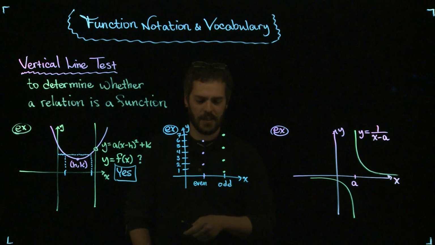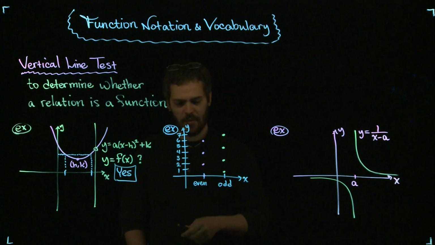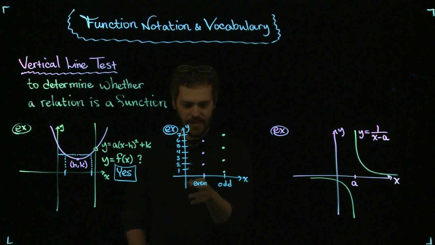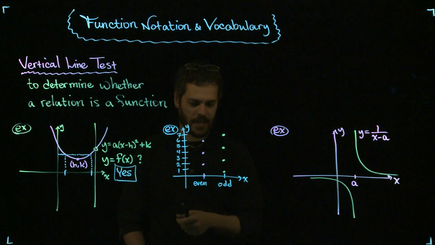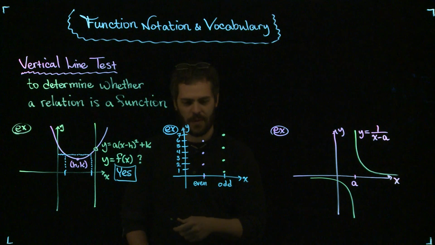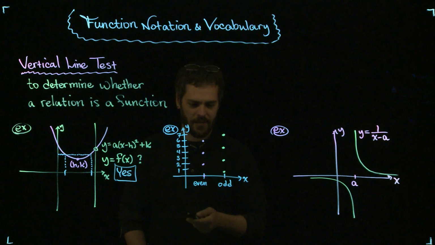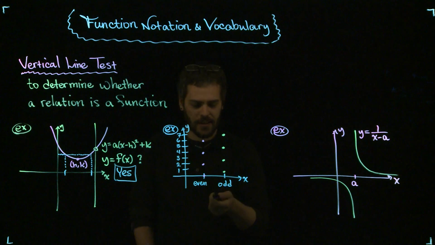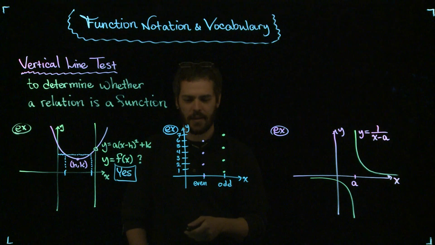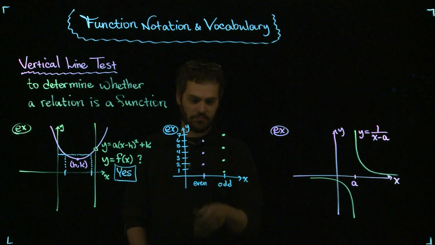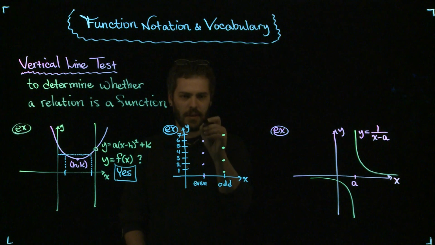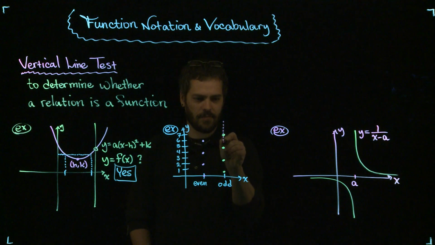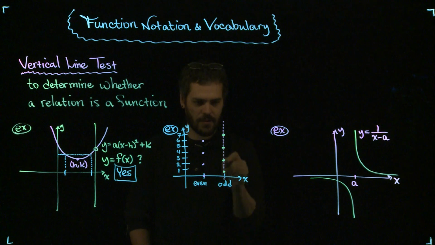Okay, so for example, on the next one, this was what we used previously. Remember, we had a relation that matched the word even with the numbers that match up with it, and the word odd with all the numbers that match up with that. Let's just put this on an XY graph. My even and odd are my inputs, and generically we're saying that x are the inputs. The vertical line test quite simply says, if I choose an input and draw a vertical line, straight through the green here,